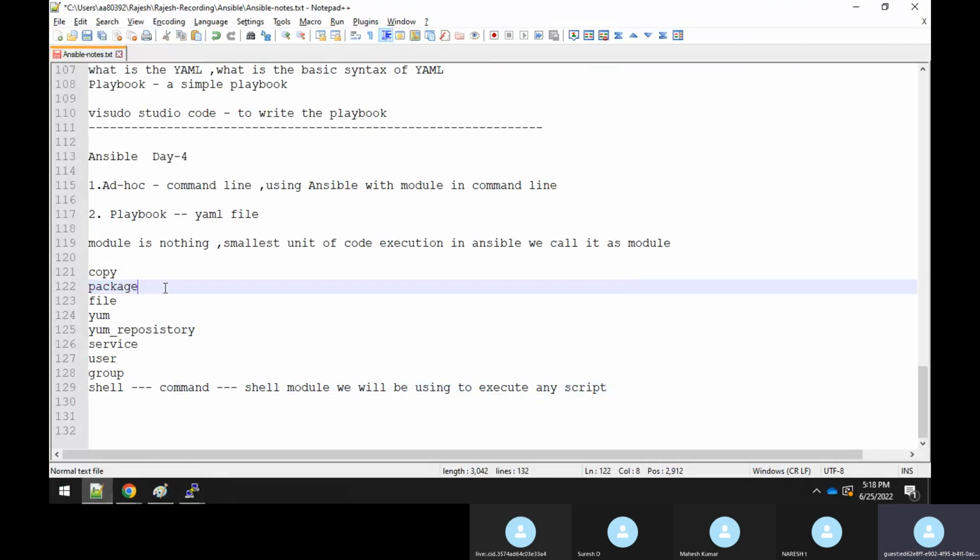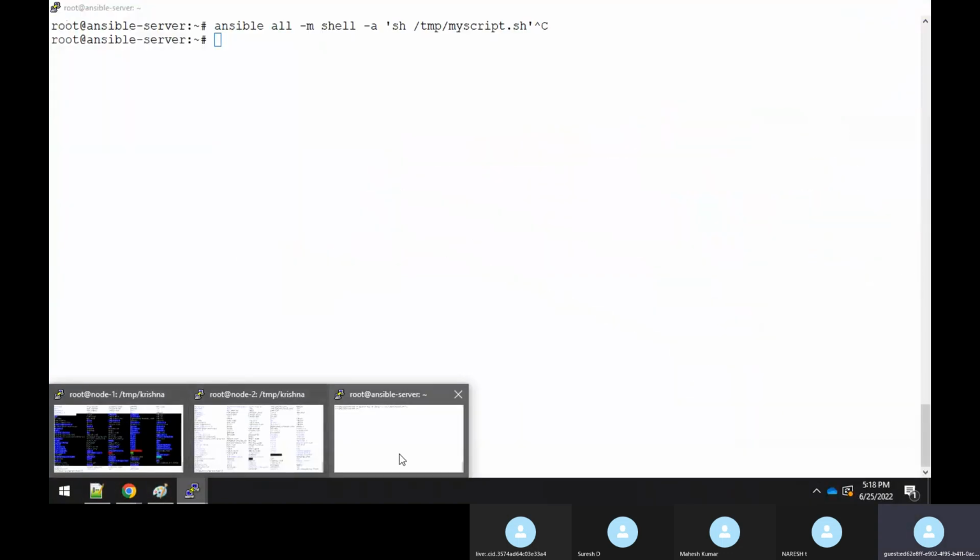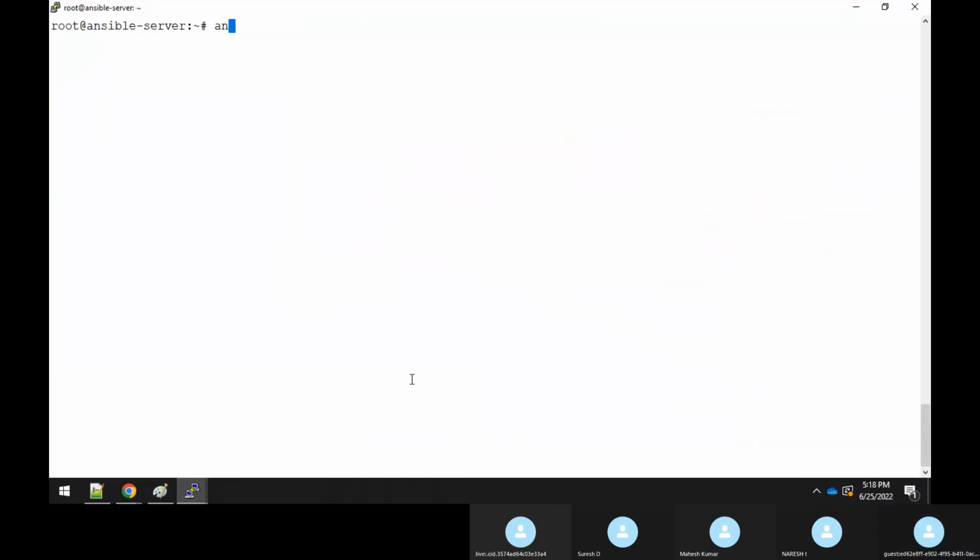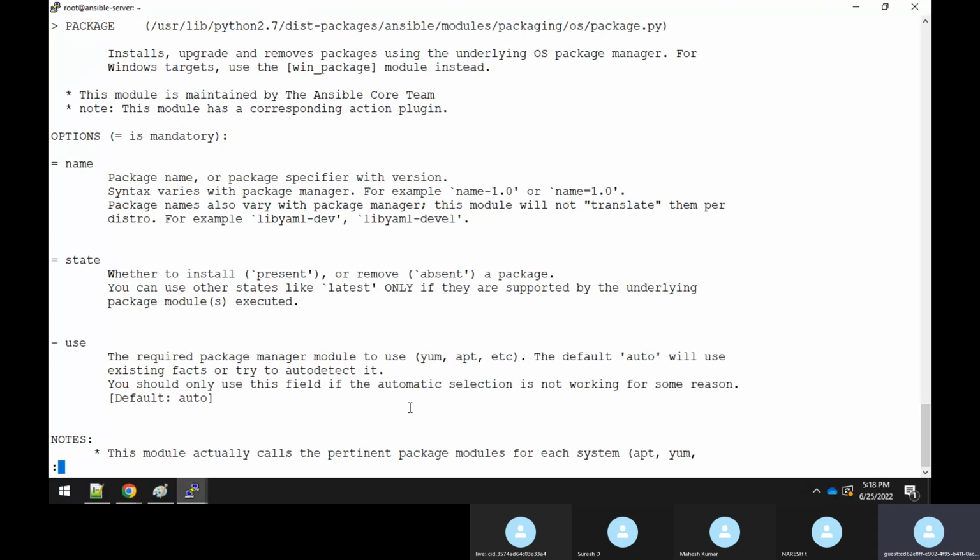Package module is basically used to install the software or packages. So you go through ansible-doc package. Very important, sir, which we use extensively in our playbook files, because there are many times